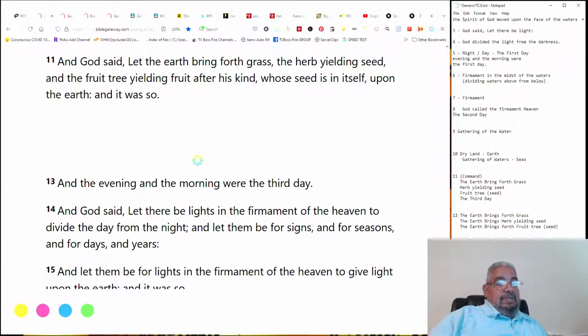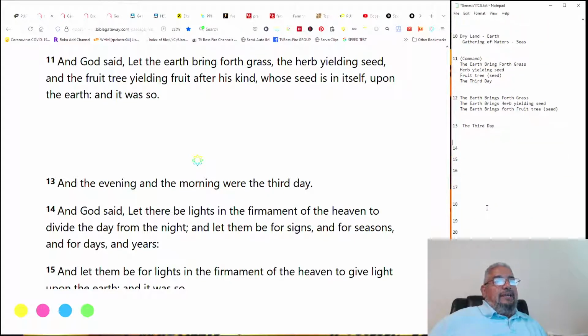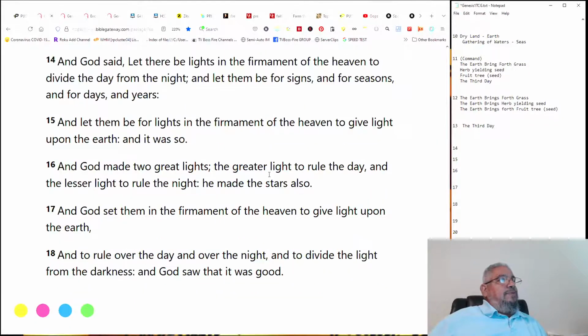The third day. Okay, so the third day card is done with that. Now 14, now remember, recuerde la nota que le voy a probar la diferencia entre produzca y creación.